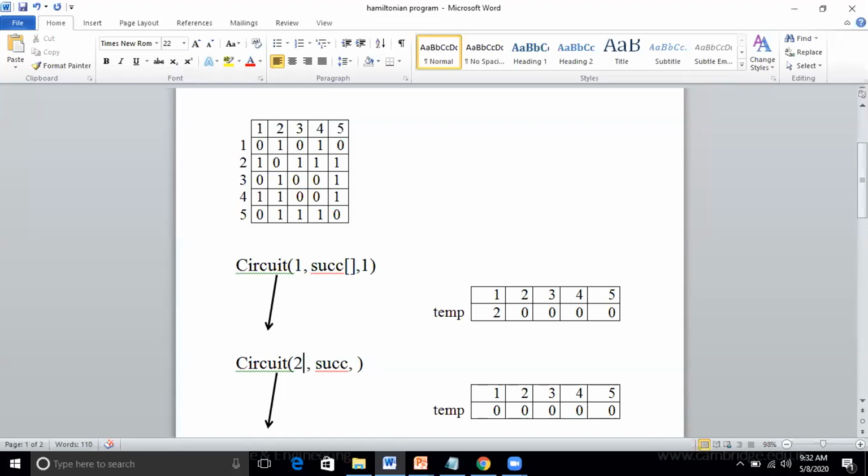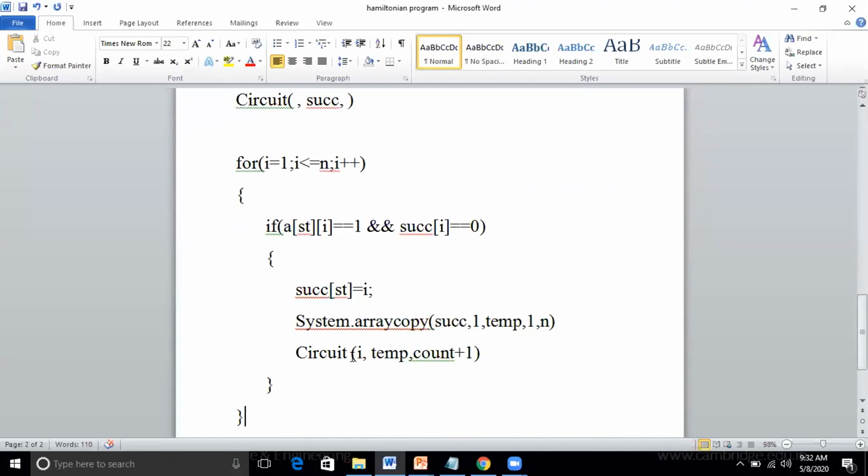Since I'm calling recursively, I should keep track of the previous array. So I will copy that to another array. Can you see here? System.arraycopy. Do you remember the parameters of System.arraycopy?